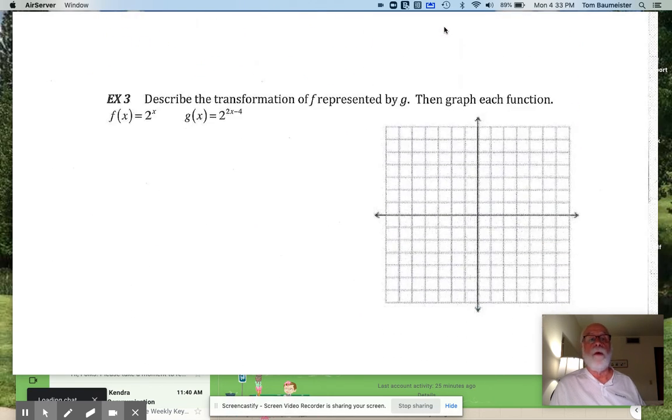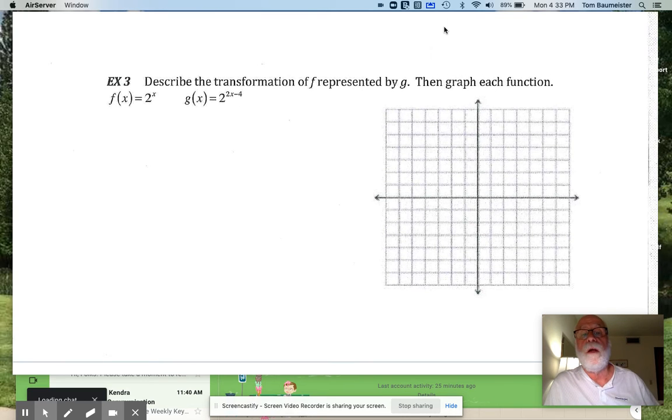Sometimes it can. So on this last example here, describe the transformation of f represented by g, and then graph each function. So f of x is 2 raised to the x power, and g of x is equal to 2 times 2 raised to the 2 times x minus 4. Okay, so on this one here, remember,